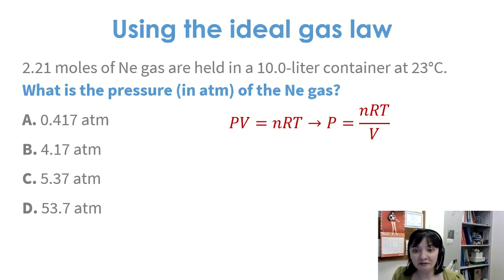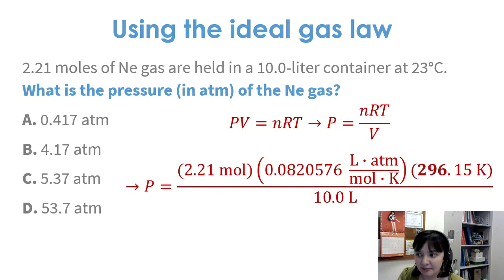And so what I'm going to do to solve for this is basically just use the information that I have. I know the moles of the gas that I have is 2.21. I know R, it's a constant, that's not going to change. The temperature that I'm given here as 23 degrees Celsius, I am going to need to convert that into Kelvin in order to match my ideal gas constant. But then I'm going to divide all of that by my 10 liters, my volume. And so setting things up here, I've plugged in my different values for n, for T, and for V, and then again I have that R as just a constant